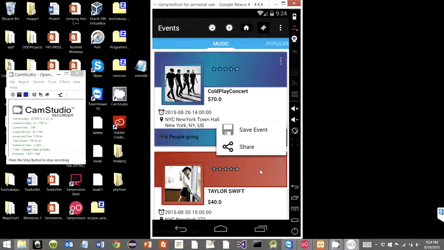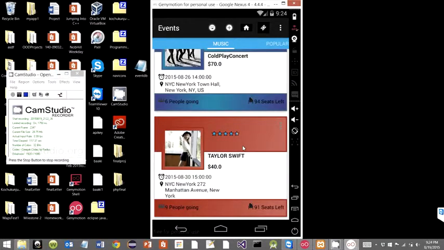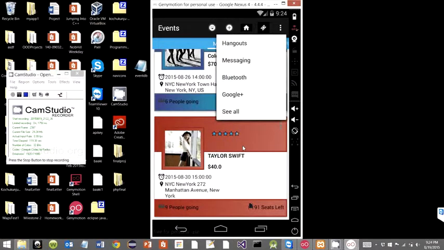I'm going to explain how exactly the share works. Basically, in most modern apps today, let's say a user is going to an event which he plans to go to. He has not yet bought the tickets for it, but he plans to go and he wants to share it with his friends. That is what we are enabling through the share action provider.